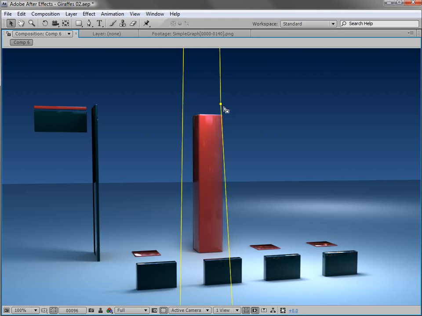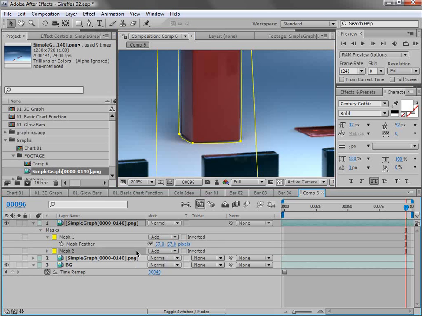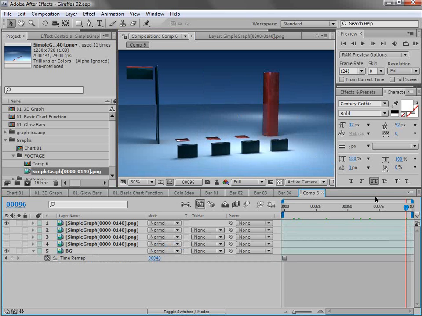And again, if you have any trouble with ghosting, just take another mask and add the bar back in. So if you look closely and we shut off the second mask, set it to none, it almost looks a little transparent. But if we switch that to add, we're basically adding that back in since we know that that's an important part. Okay, so I've isolated each of the 4 bar graphs, and you can see that I've retained